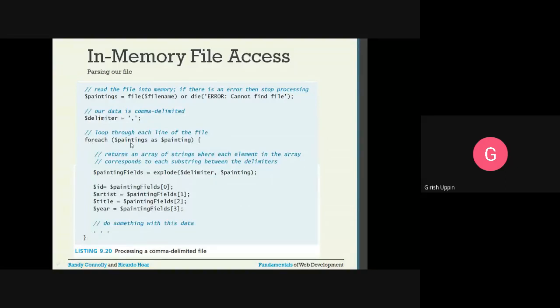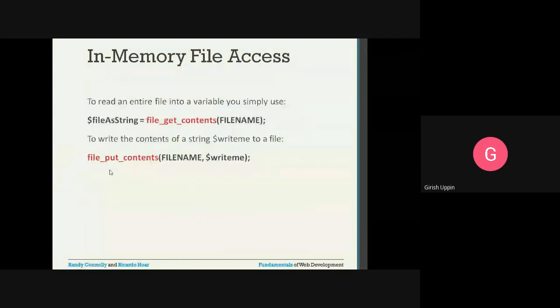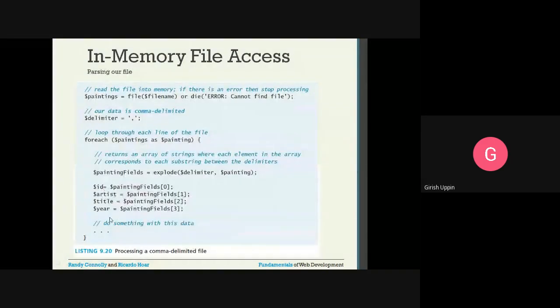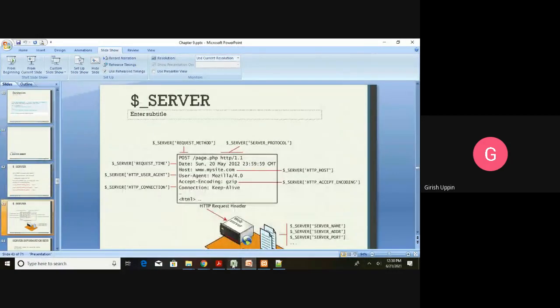Next, again it will fetch the next array element. The next array element is this one, and again it is going to be exploded to get all the values. So this is how we are going to get all the values. Once you have this information, you can do whatever you want with it. If you want to display it on the browser, or store it in the database, whatever methodology you want to follow according to the requirement, you can do that. That will complete half of the fourth module.